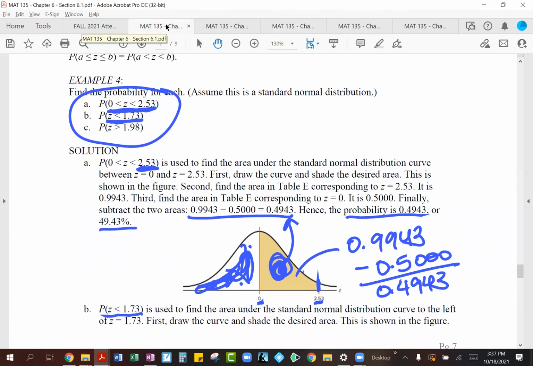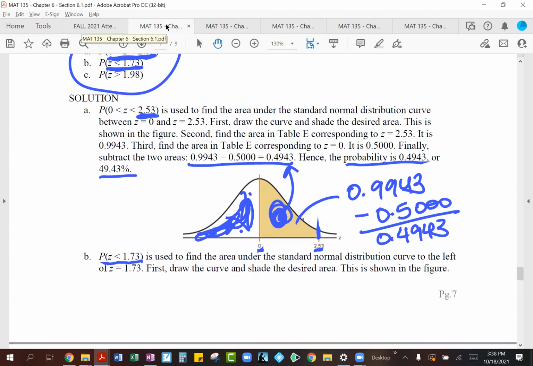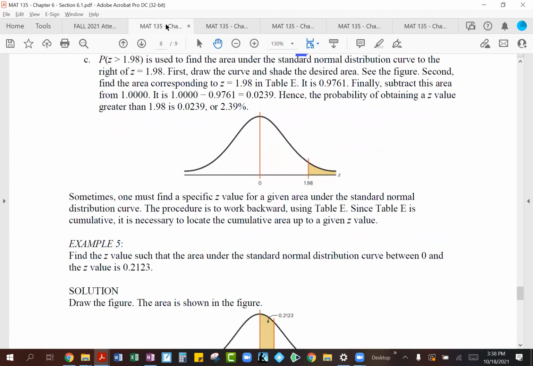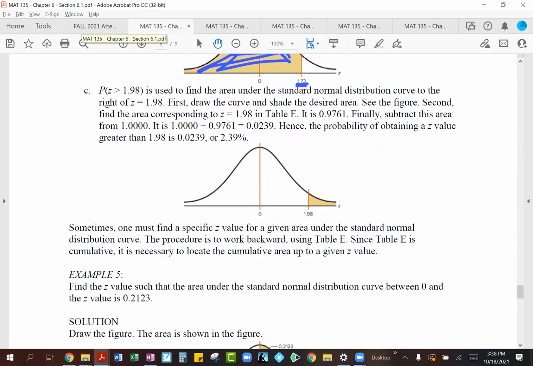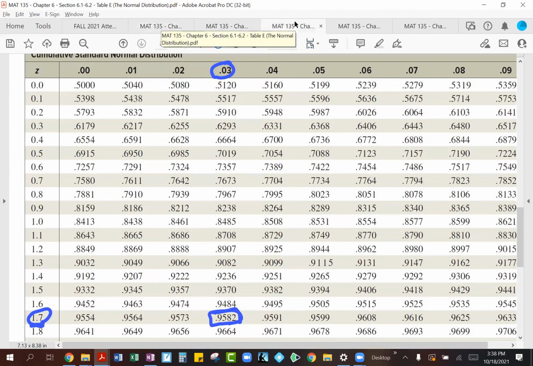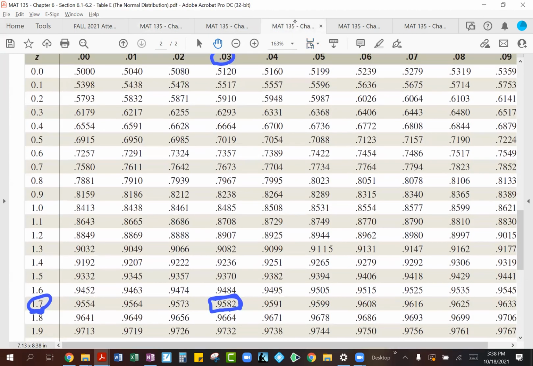But if it's going to be sandwiched between two numbers, then we have to do subtraction, or if they give you a greater than, which means you are looking at this area on the right-hand side. So what is the probability for a Z value being greater than 1.98? For this area, what we would have to do is, again, look for 1.98 in your table. So 1.9 is right over here at the bottom, and you will see the 8 is right over here. So 1.98 will bring us to this little portion,